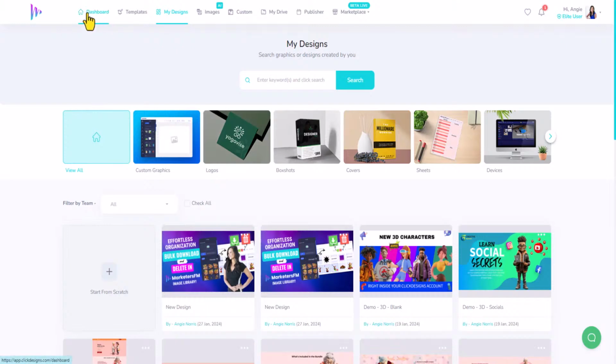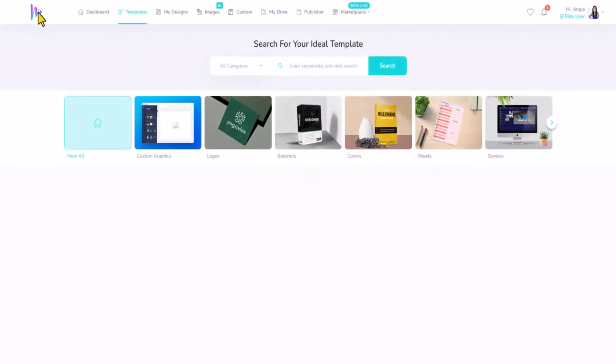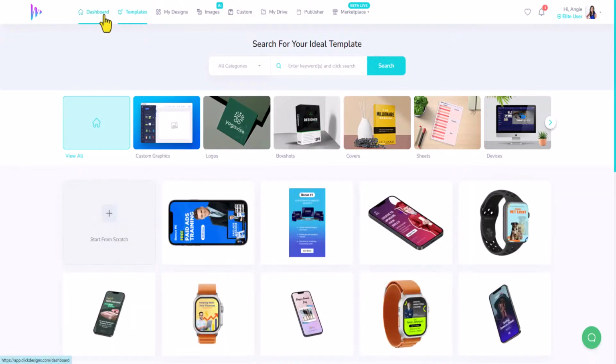And for those who are wondering why mine looks blue here, you can change the design and the color and the logo of your ClickDesigns, which I think is pretty cool. You can somewhat white label it for your agency. Okay, so click on your icon, and it's going to take you here, right? But if you click on dashboard,